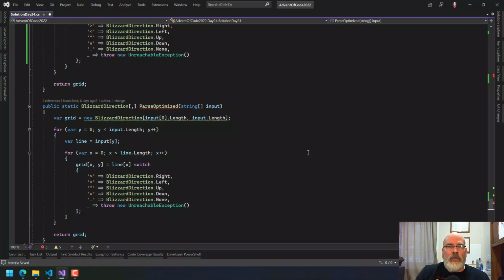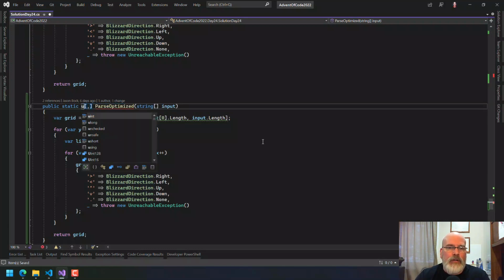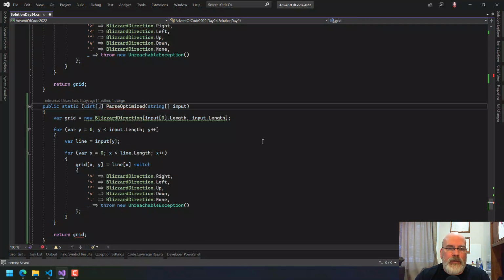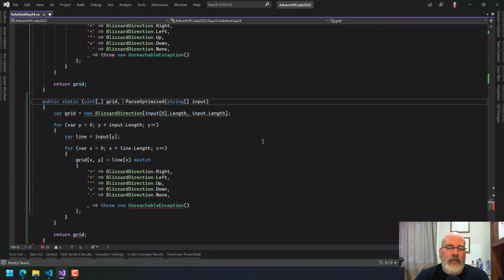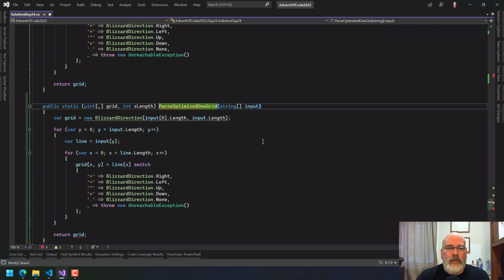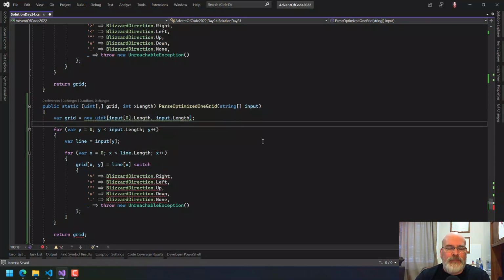So you're going to want to know what the original X size was, because that will help, I think, in determining, to make my algorithm a little bit more general, to say, well, how many sets of 8 do I have in this unsigned integer? Okay, I think that's what I'm going to need. So I'm going to have here a uint, and we're going to call that a grid. And we're also going to have an int x length. Okay, one grid. So here we're going to be doing a new uint, except